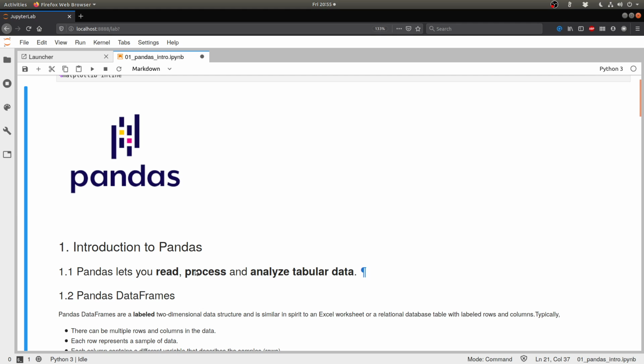So when we say read, what we mean is that pandas has parsers for multiple different file formats. You can read from CSV files, you can read from Excel sheets, you can read from databases and so many other sources. You can process that data once you have taken care of the file IO. Not only can it read from all of these different formats, it can actually also write back to all of these different formats. So it takes care of file IO as well as it can do the processing of the data, which is basically most of the bulk of Pandas functionality, essentially processing, cleaning, manipulation, and all of that.